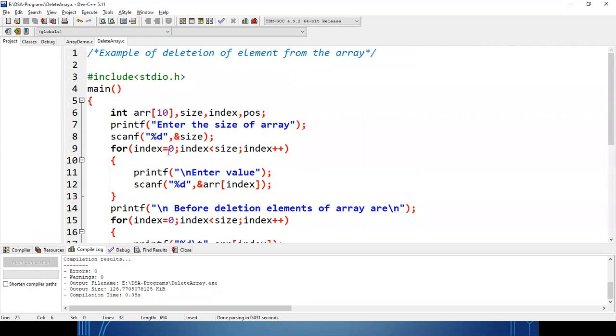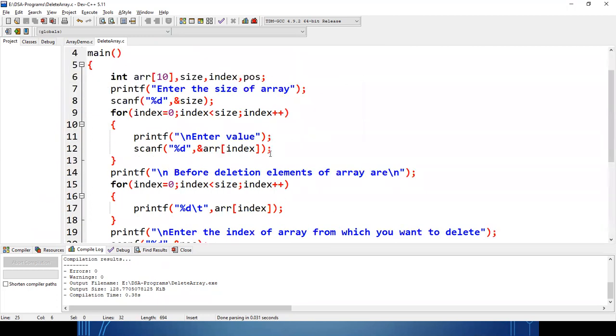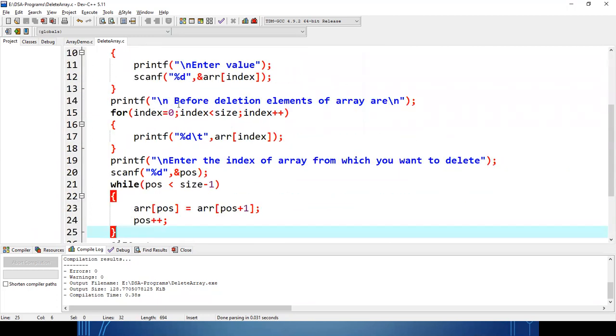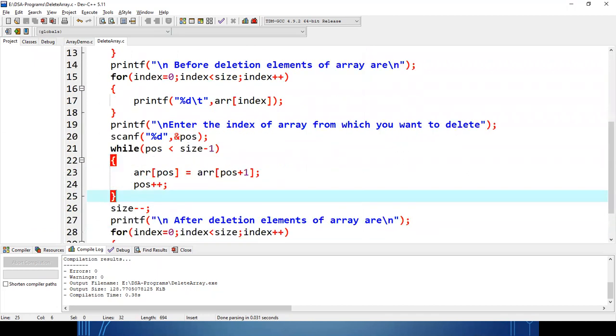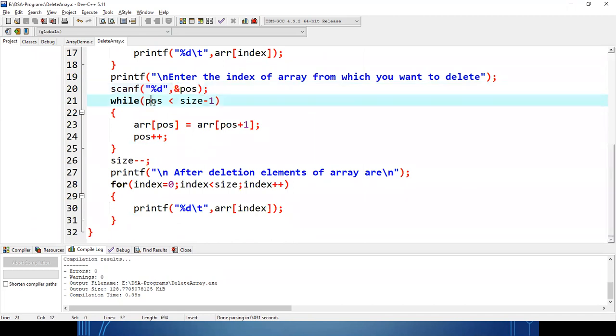Clear? So let us have a brief. First, we are taking the input into the array. Then you are displaying the values. Then you are entering the position, which position value you want to delete. From that position till size minus 1 or size minus 2, you can say less than size minus 1 means up to size minus 2.